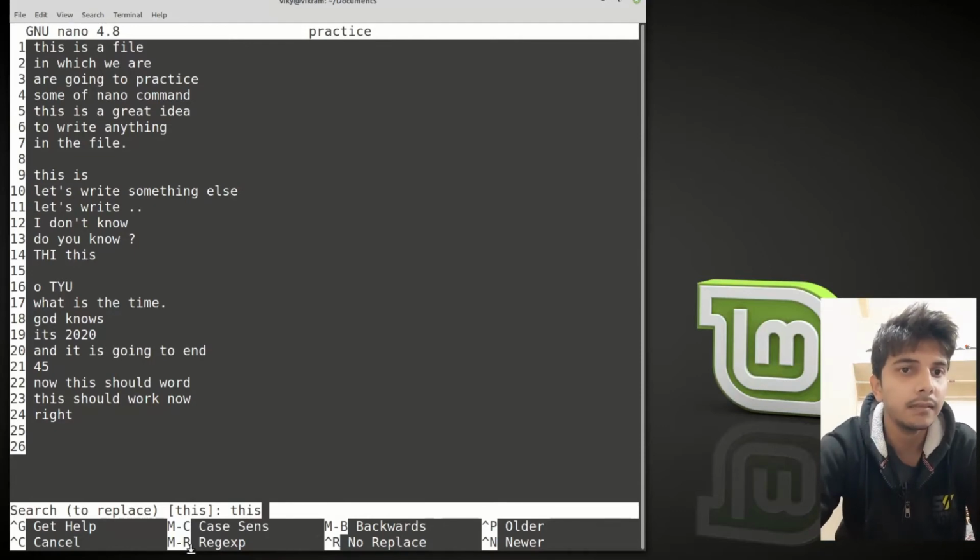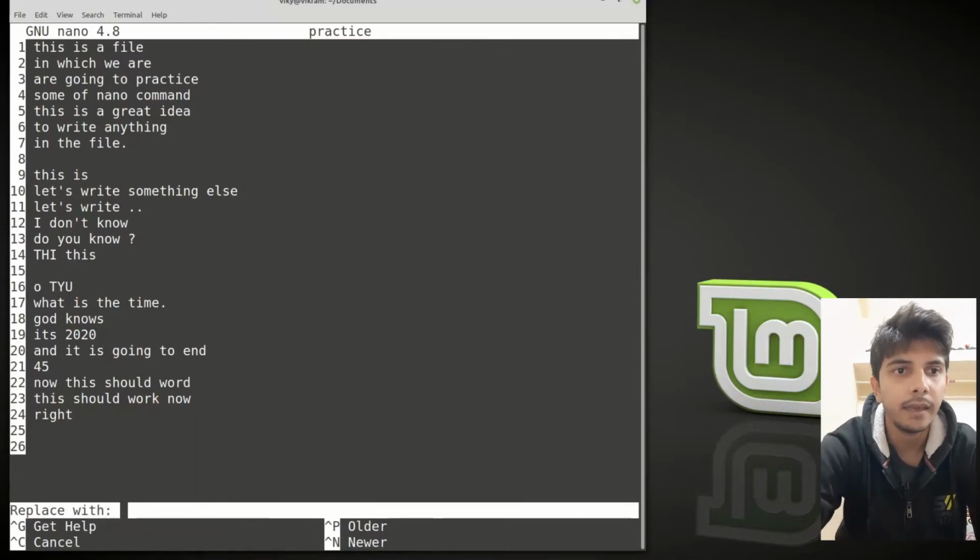So in this case, I will search for, let's say, is, and now I want to replace with R. It will ask me one by one whether you want to replace it or not, and we can also specify whether to change all instances at once. So I'll press enter. Now it is asking me whether I want to change this instance or not.